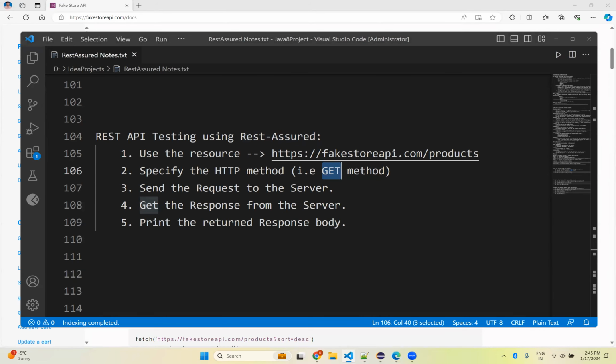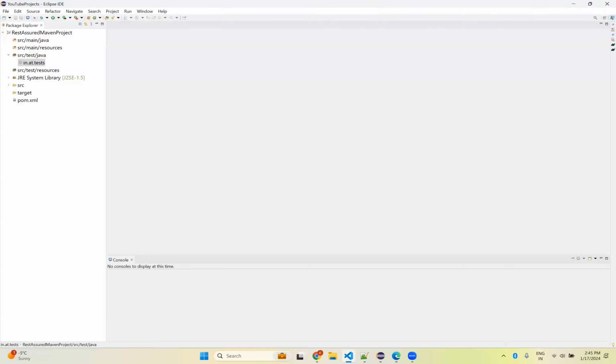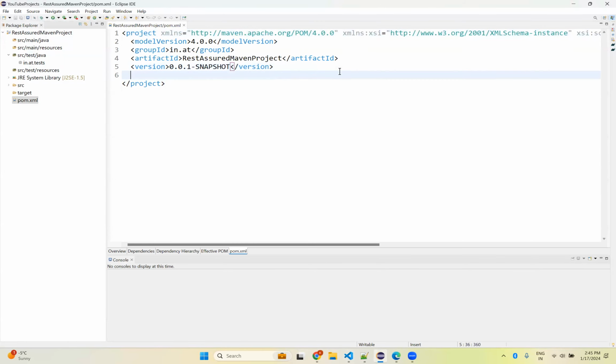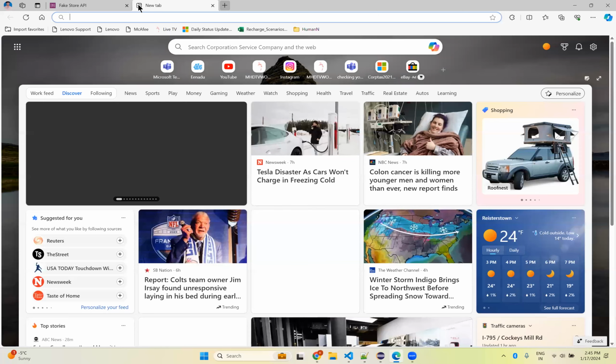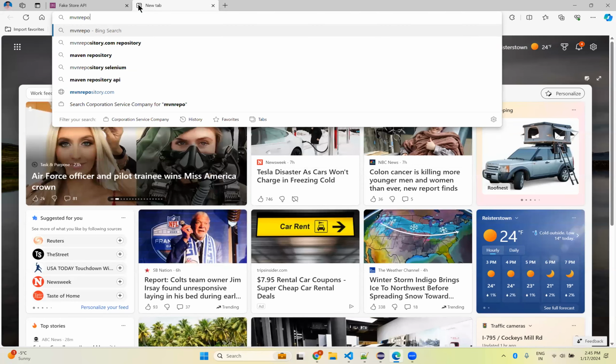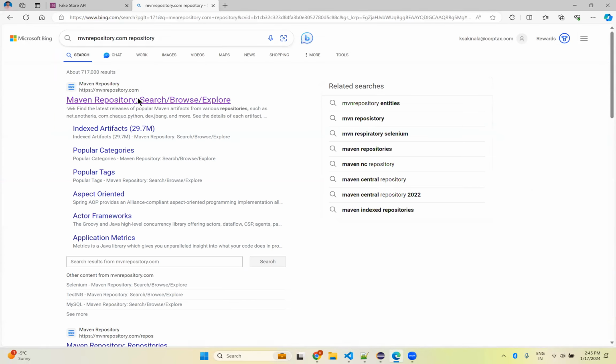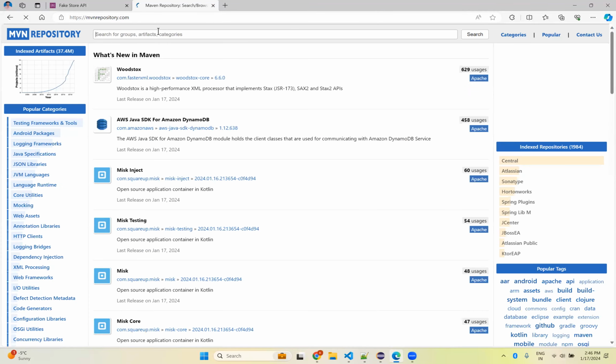Then we'll go to Eclipse. I have created a project called REST Assured Maven project. Inside this, let me check. There is no dependency, so let me add dependencies. Inside the dependencies, I need to add REST Assured. For that, we'll go to the MVN repository, mvnrepository.com, and search for